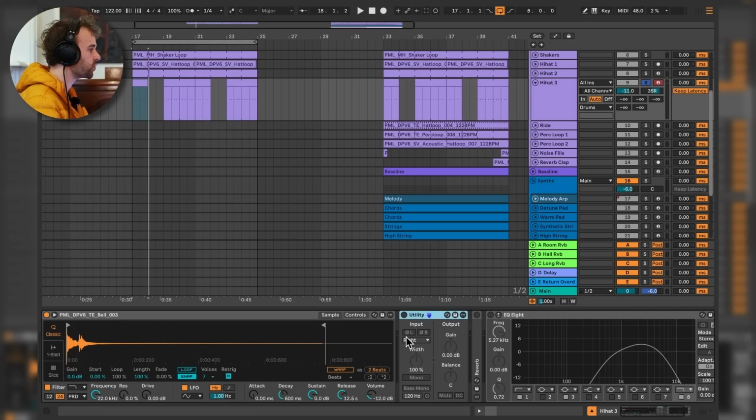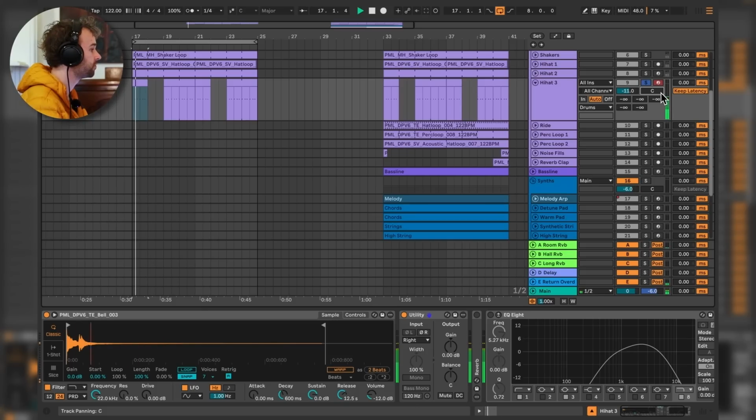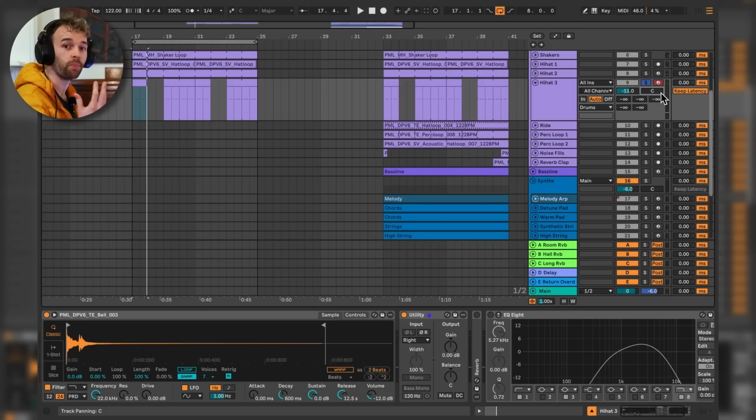We can see that we've got a utility here, which if I turn on, we can see is set to right in this first drop-down menu. And what this is doing is basically making it so that we're only passing through the right side of the signal. And in effect, we're making this sound mono. In fact, if I go up to here and double click on the panning control to turn off the panning, it's currently panned 35 to the right, we can hear it's just set to mono. And it's doing this by just passing through the right side of the stereo signal. Let's reset our panning with Command or Control and Z to undo that, and then look at the next processing,